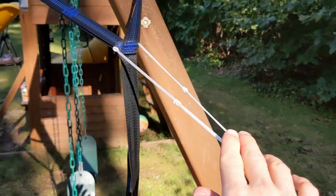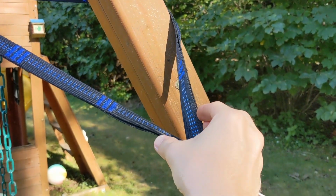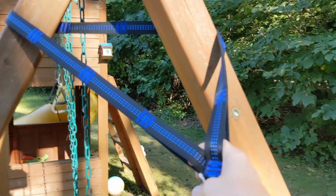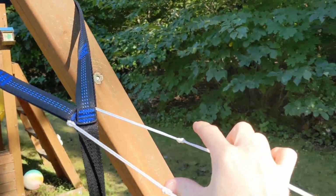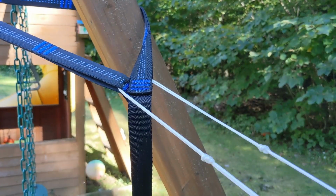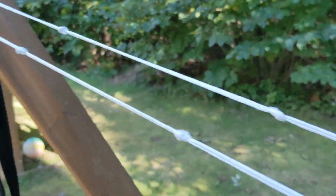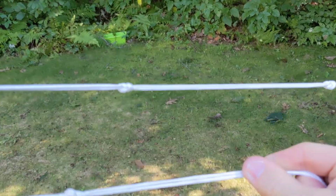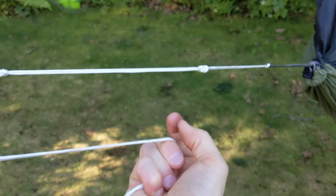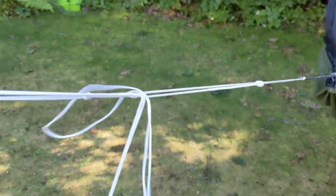So pretend this is a tree and you've got your strap around the tree and it comes together here. And say this is the ends of the strap, right? And maybe you double it up, go around a few times if it's a shorter tree or whatever. I'm going to untie this. Okay, so then once it's passed through the loops, you can adjust it by pulling or loosening, and when you got it where you want it, you come back here. So you pass this end between the ropes, between two of the knots, come back over,